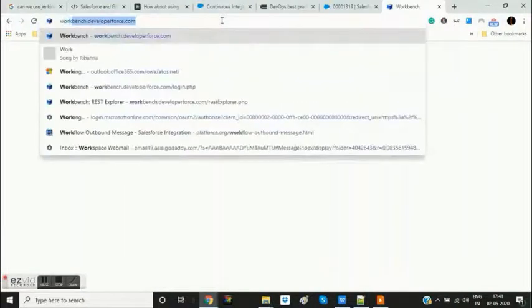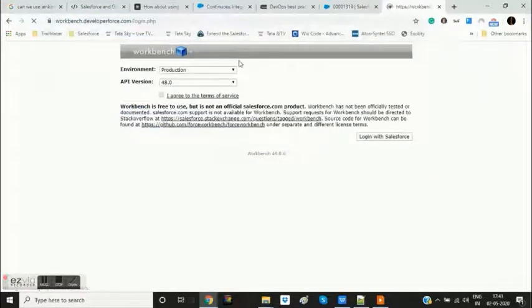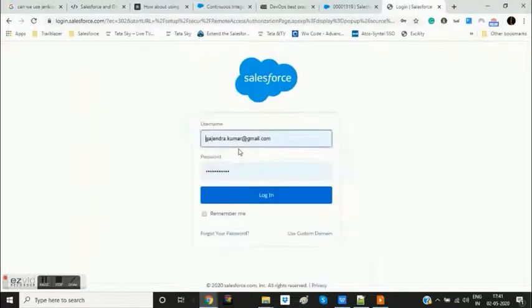To test it, we have to open Workbench. So we have to write workbench.developerforce.com. You have to select production as the environment because we are trying on login.salesforce.com. If you already have an instance open in a browser, it will automatically take that credential.